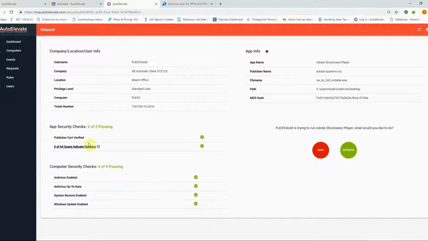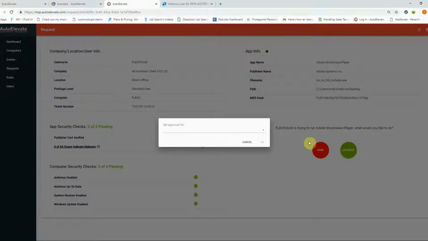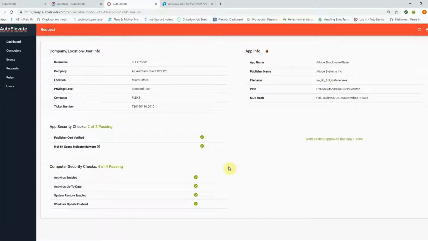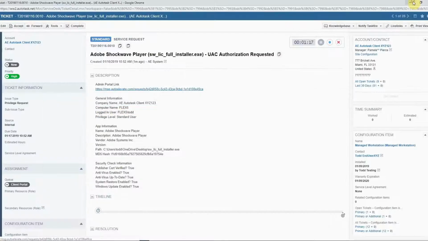Additionally, there's a link to our admin portal. It gives all the same information that was in the ticket, plus summaries that are color-coded so it's easy to see the security disposition of the application and of the machine. And then you can approve or deny. In this case, we'll approve this request, which of course then is updated into the ticket. So if we go back here to the ticket and refresh,